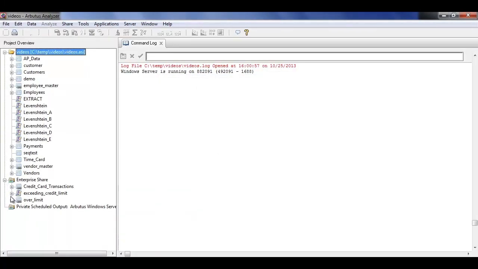When I click on the little plus sign beside the exceeded credit limit, we get a second successful log file with a new timestamp, and you'll notice that the over limit table is now in the shared folder. It's not in the private area, it's in the shared area. And this would be intended, for instance, if somebody was to follow up on these over limit transactions. So in the morning, somebody's assigned to go ahead and look in the shared folder because they have read access to this shared folder in ctemp